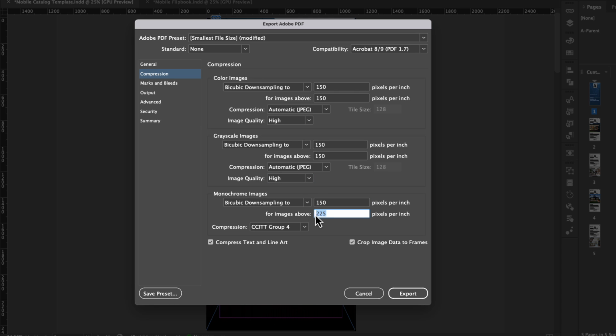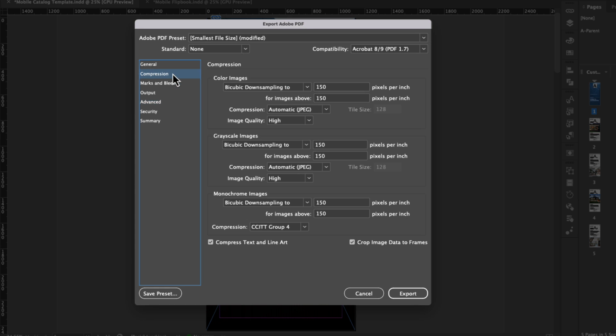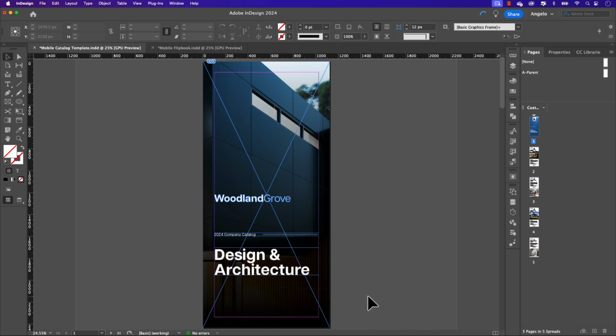Once you've done that, you can click OK. You can also save this as a preset. You can see if I go to my Adobe PDF presets, I already had one set up. This way it'll save you time when you're exporting a PDF, so you don't have to go through this process a second time. I'm going to go ahead and click Export, and now we can view the PDF in the